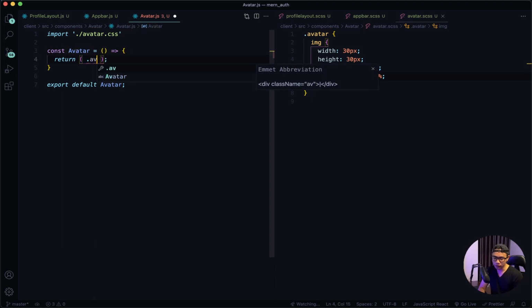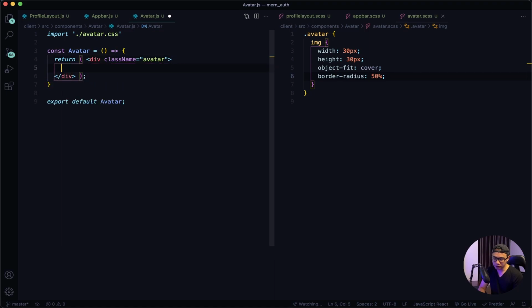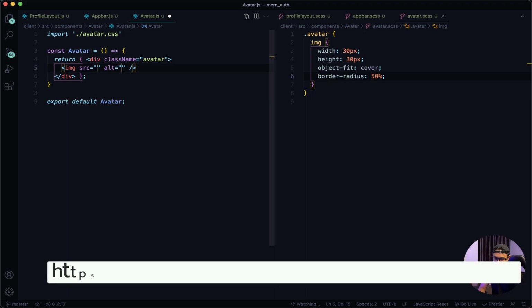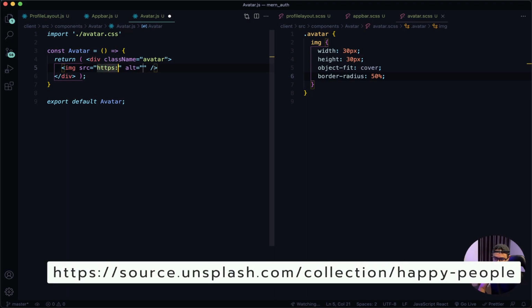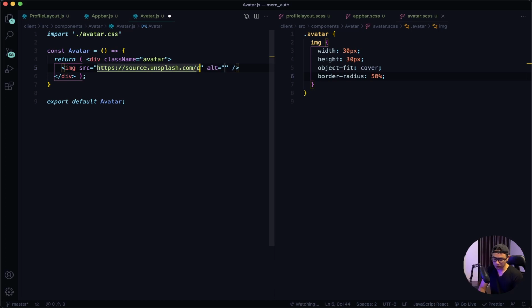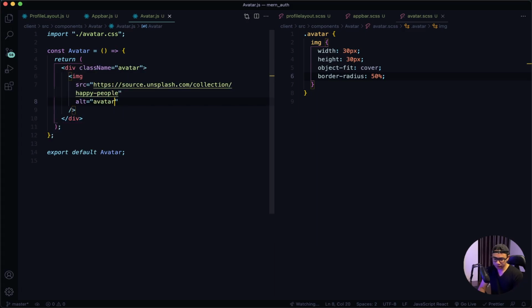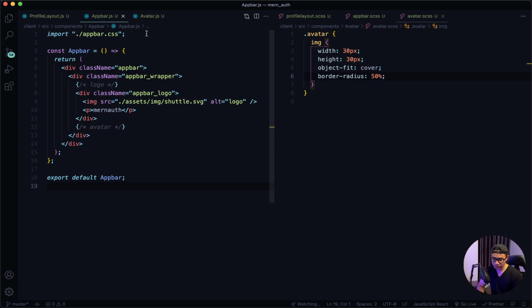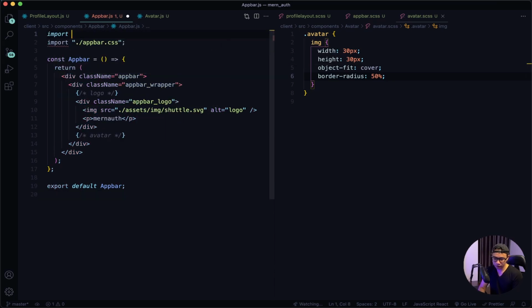Inside that, I want a div tag with a class name of avatar. Next, an image tag. For now, in the source, I will use the Unsplash API. So it is https://source.unsplash.com/collection/happy people, and the alt will be avatar. Give that a save. Navigate to my app bar.js, import my avatar,